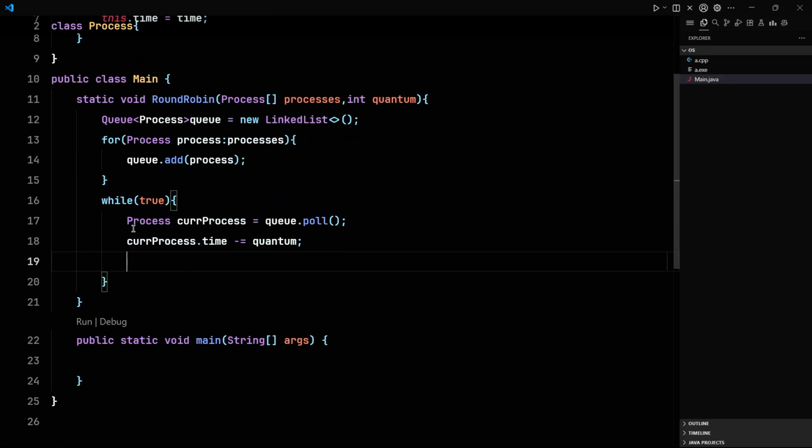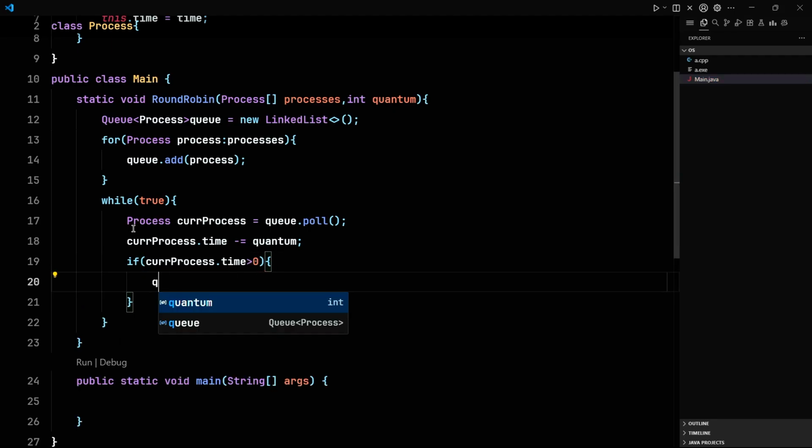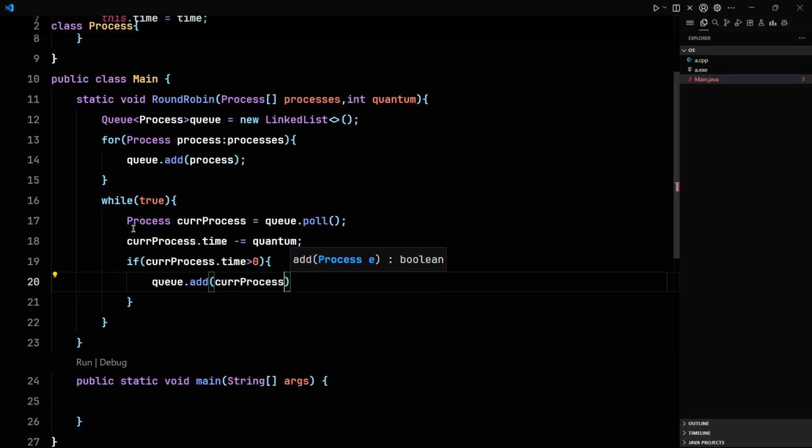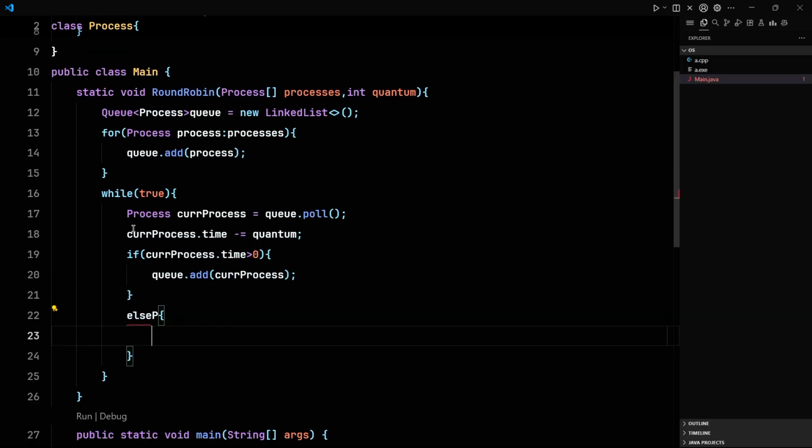Then, previously we have done the same. If current process dot time is greater than 0, Q dot add current process, else